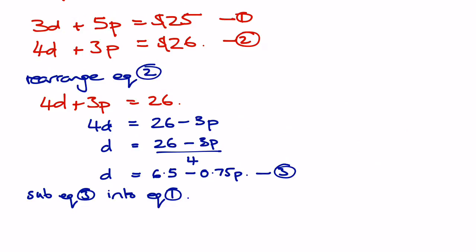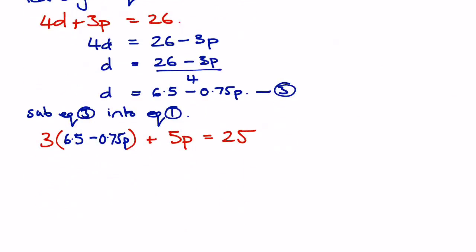So if we plug that information in, we've got 3 times D plus 5 times P is equal to 25. And if we put 6.5 minus 0.75P into here, when we expand this out,